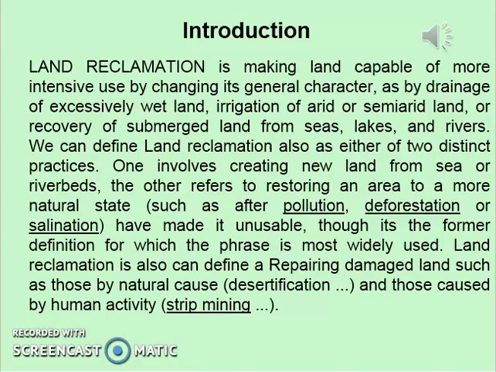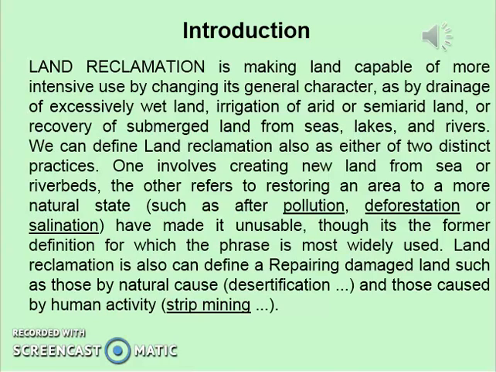I would like to give you another definition of land reclamation. I mentioned before that there are different definitions, but all focus on converting the soil to plant productivity.